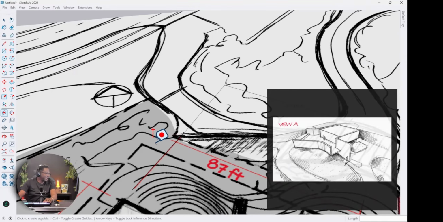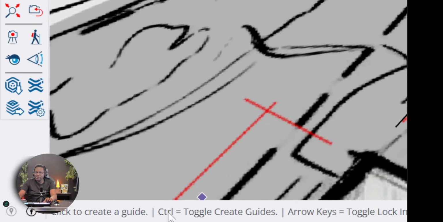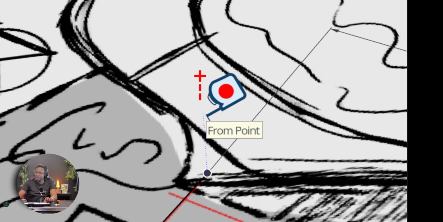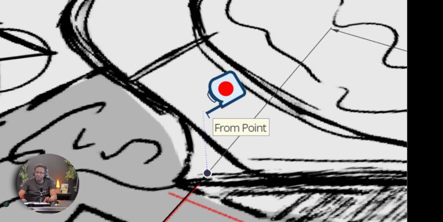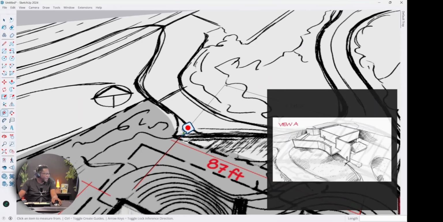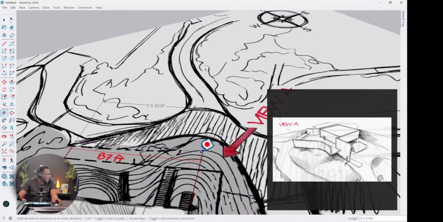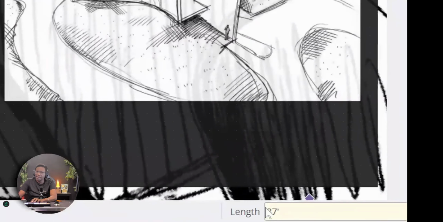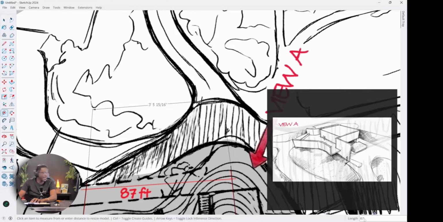Now, in this case, I don't want to create a construction line, so I'm going to press Control, and Control will toggle between creating a construction line and rescaling. So when I press Control once, notice that the plus goes away. So that is with the plus. So I want the tape tool to be without the plus. And then what I'm going to do, I'm going to click this point here, and I'm going to click point here. All right, we want it to be like that, and when I click the second point, I'm going to type in the measurement that I want. So I'm going to say 87 feet, and you can see it being typed down here. All right, 87 feet. I'm going to press enter.